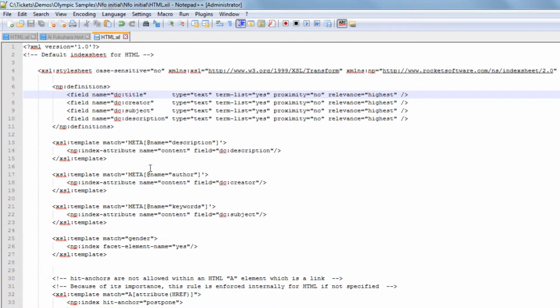For faceted search, we are adding a new element that you can use. So right here I have this template match block that was looking for the gender tag that we saw in our source document, and then we have this new property, facet element name. This is what is creating the category or the facet and displaying that as a navigation point in the table